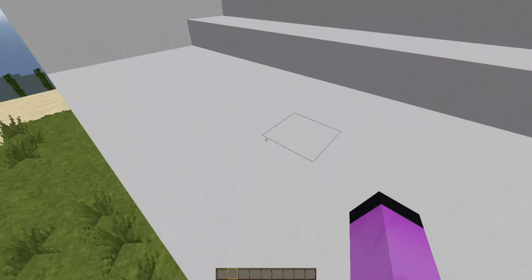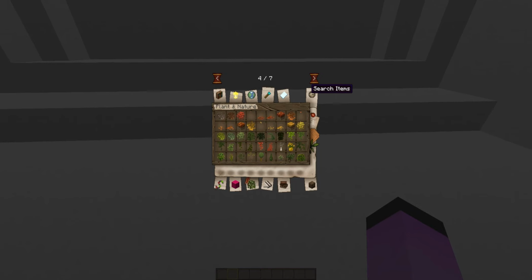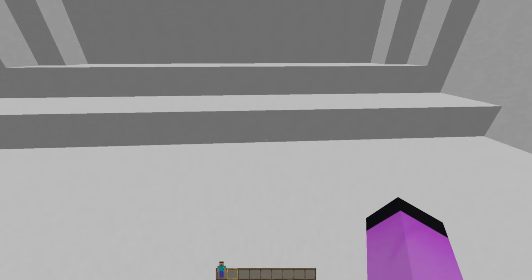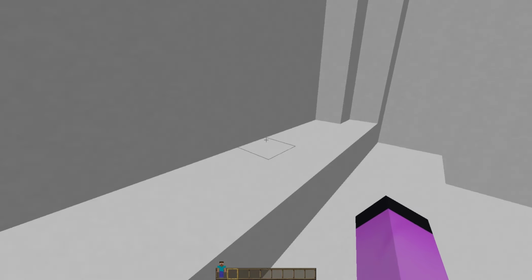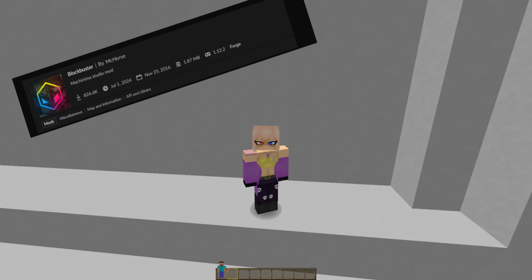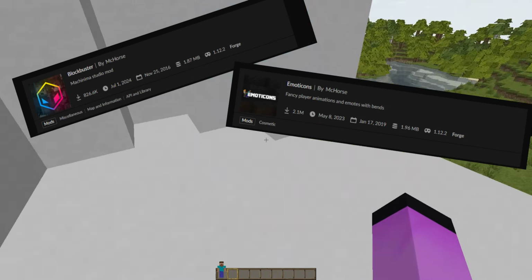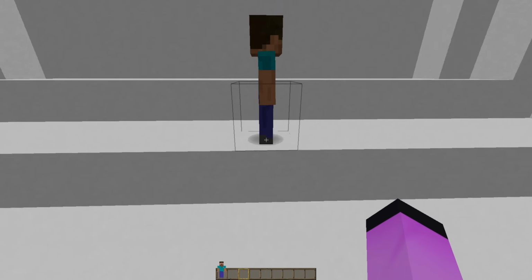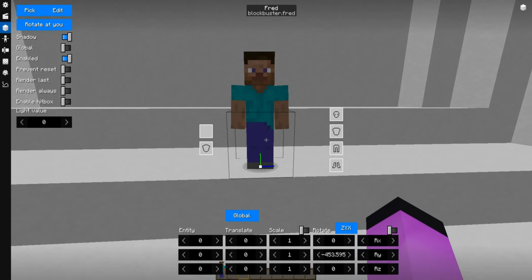So first thing we do is we go into the create menu and we get the blockbuster model. Just be aware, for this to work you need to have mclibs, blockbuster, and the emoticons mod. If you don't have those, then this is not going to work. So first, I hate when that happens. So the first thing you need to do is you need to go to the pick